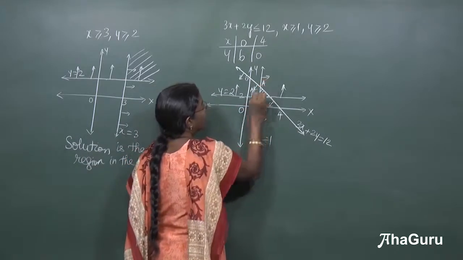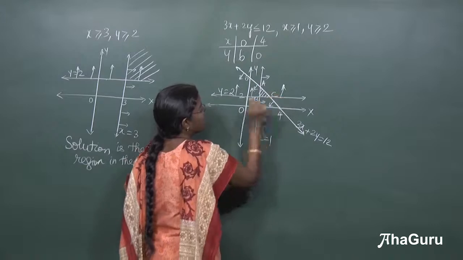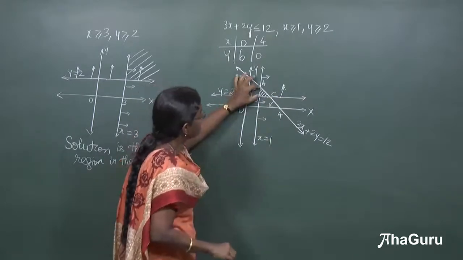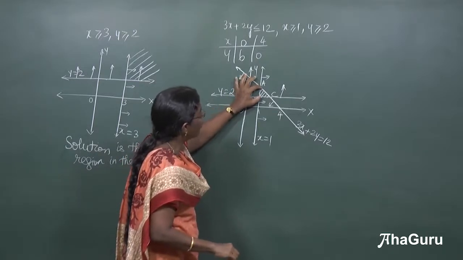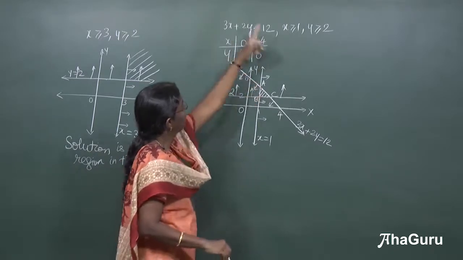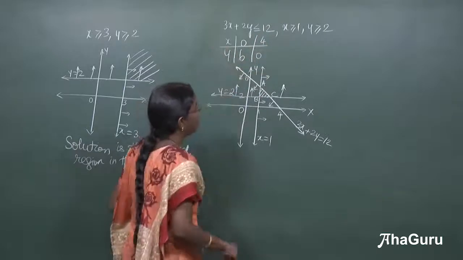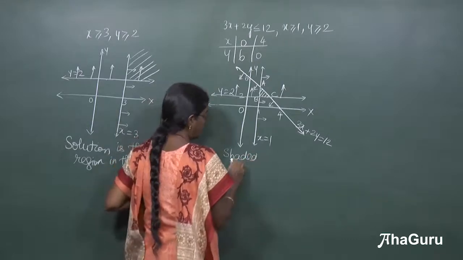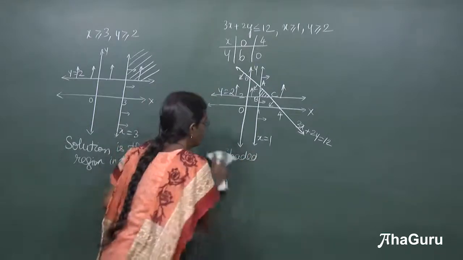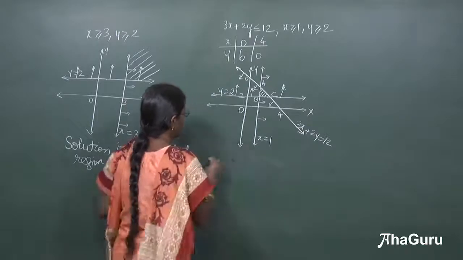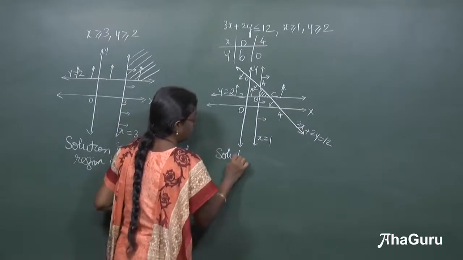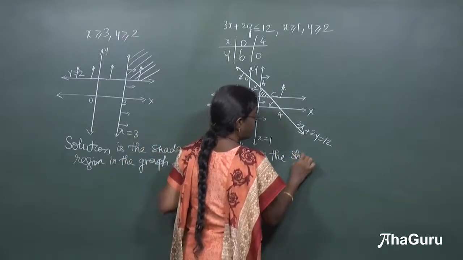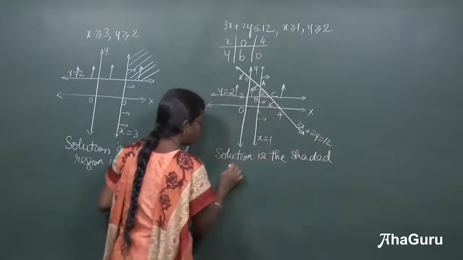I will now mark the vertices as ABC, right. It is a small triangle which we get. This is going to be the required common region which satisfies all the 3 inequalities. So you will write here, the solution is the shaded area